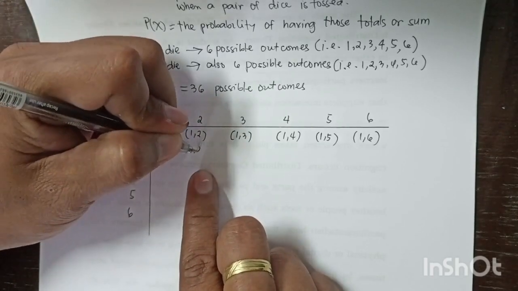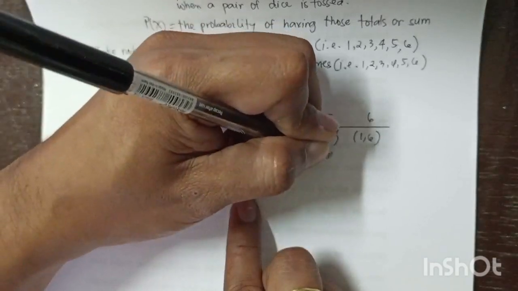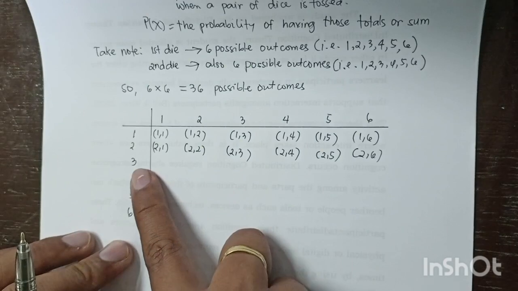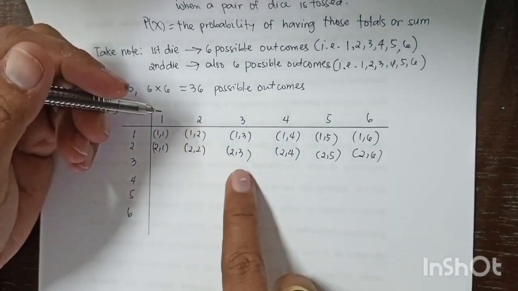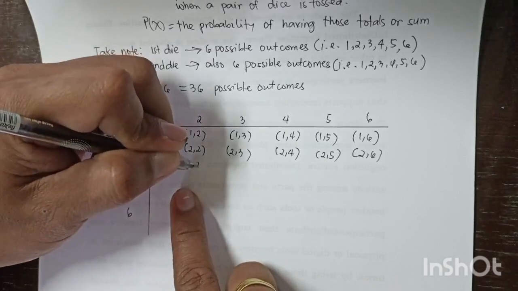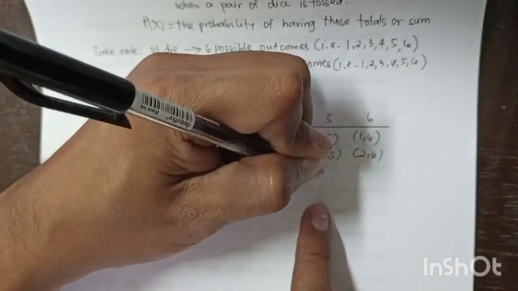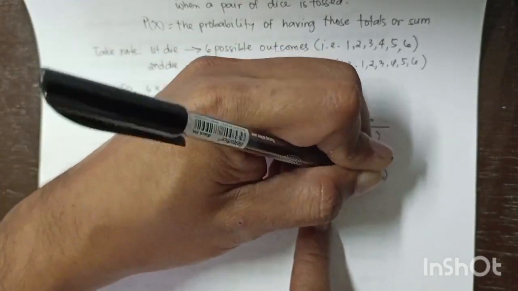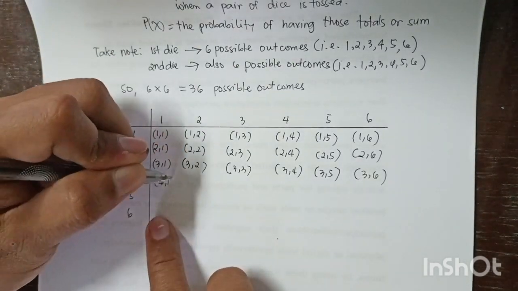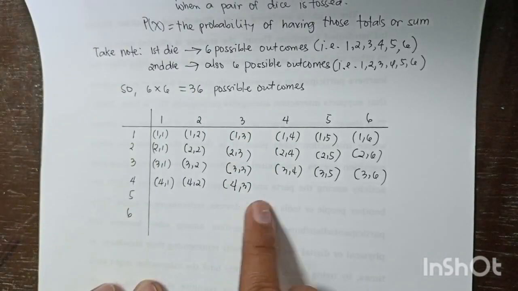After that, we have 2,1; 2,2; 2,3; 2,4; 2,5; and 2,6. Then we have 3,1; 3,2; 3,3; 3,4; 3,5; 3,6. Then for 4, we have 4 and 1, 4 and 2, 4 and 3,